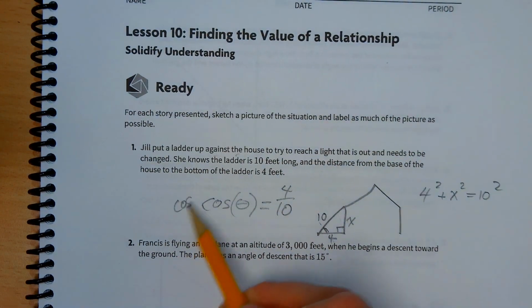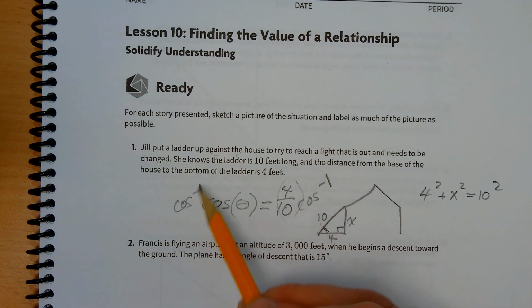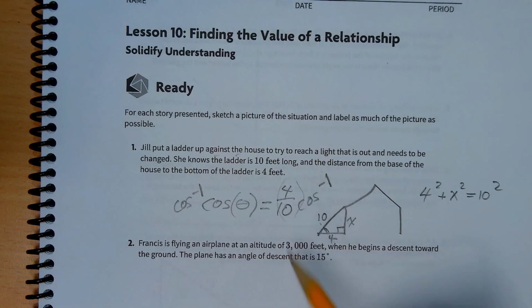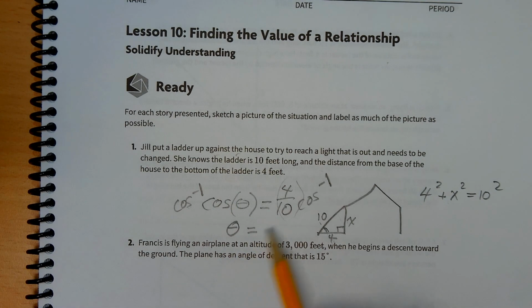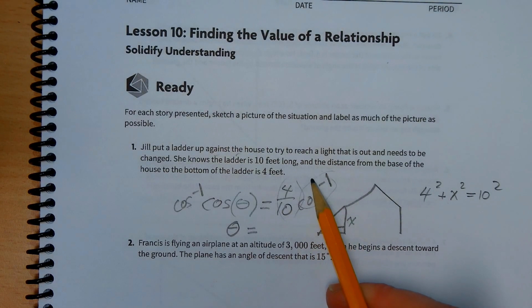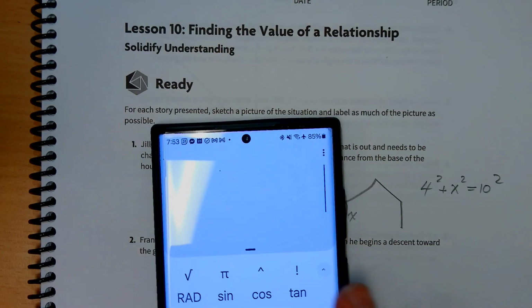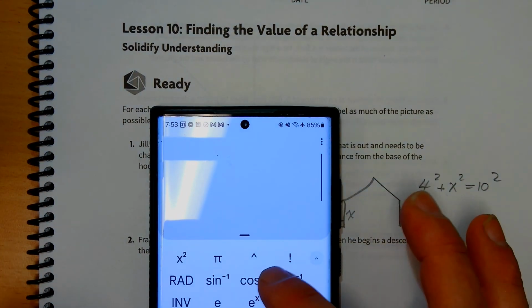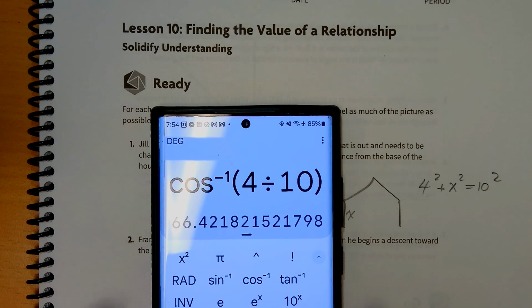Then we use our calculators to reverse lookup or undo. There's no real great way to write this. Everyone kind of does their own thing. But you think of inverse cosine or arc cosine as undoing this cosine and revealing theta, which is our angle. And inverse cosine takes this and looks up theta. What is it, 4/10 or 2/5? 66.4